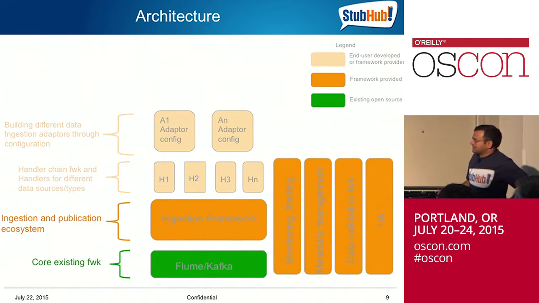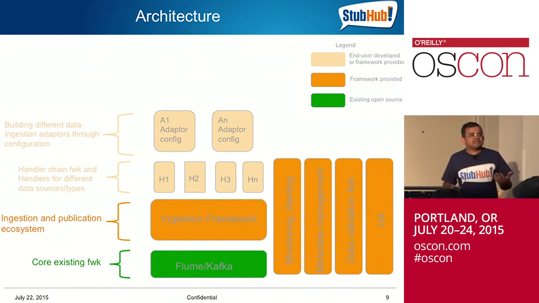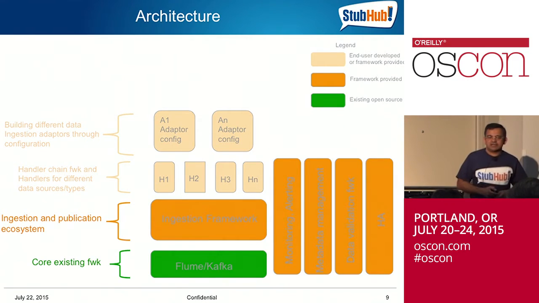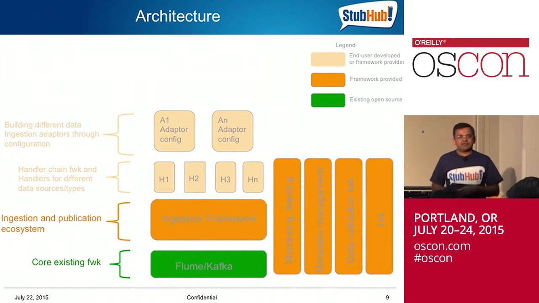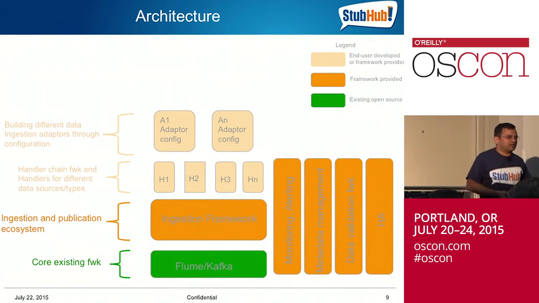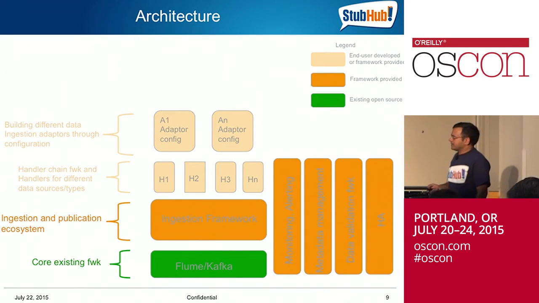And data validations. This is where we absolutely have to have a framework and consistency. Say, look, I want to be able to tell my data scientists that whatever data you see in Hadoop and HDFS is good. It closely matches what the producer produced. How can I guarantee that? And this is where we had to come up with the validation frameworks. The validation is different for each type of source. It's a different validation for SQL data versus log data. And finally, high availability that I talked about.